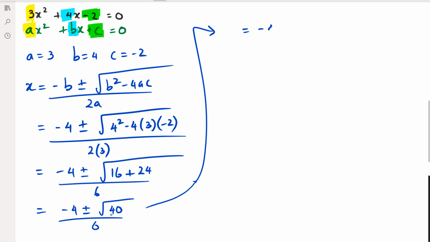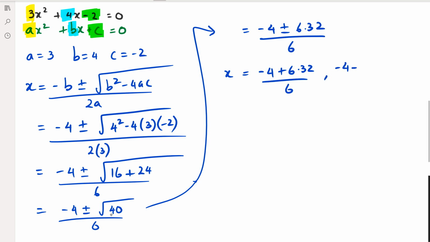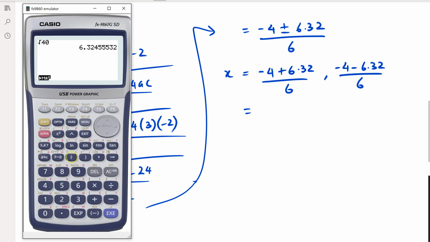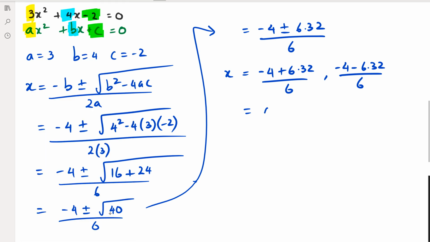So then this is equal to negative 4 plus or minus 6.32 over 6, which means my first value for x is negative 4 plus 6.32 over 6. And my second value is negative 4 minus 6.32 over 6. Okay, and so I'm going to just put this in the calculator straight away. So I've got negative 4 plus 6.32, and that's divided by 6. So my first answer is 0.387,